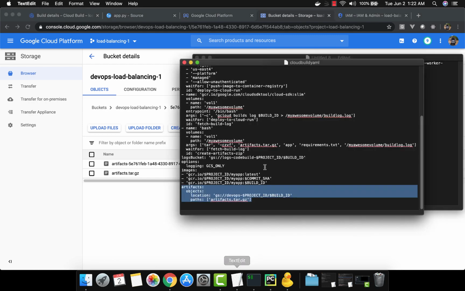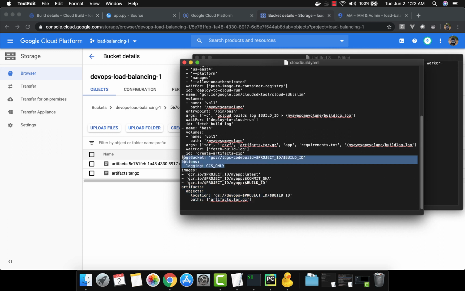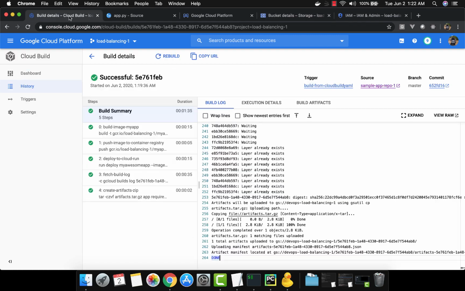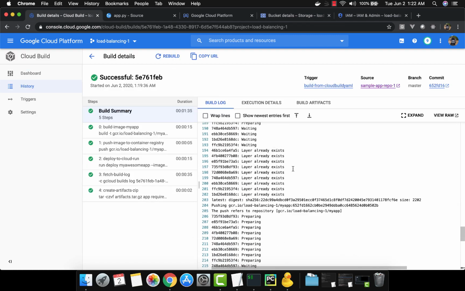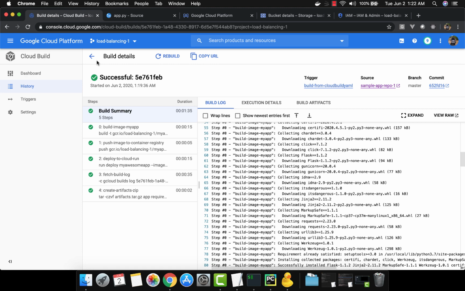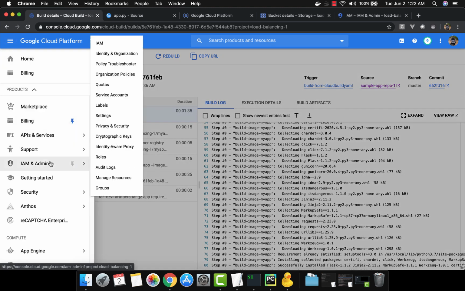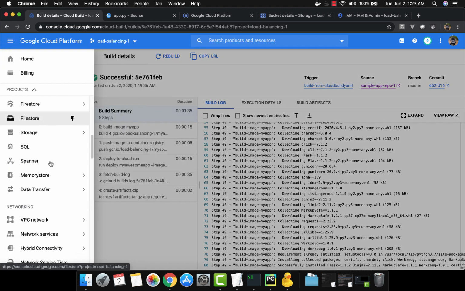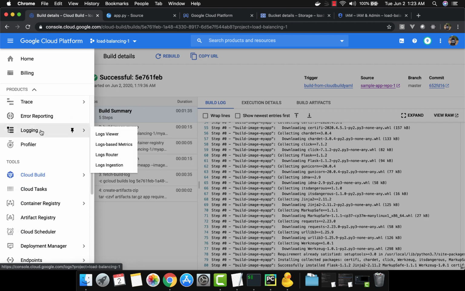Now this is everything that we did here. Now there are a few more options here, right? So this option here called logs bucket and options logging GCS only. Now why do we need that? So right now when we are doing our builds, where is this build log going? So this build log is actually going to cloud logging. So if you scroll down here, and come here and you say open this,